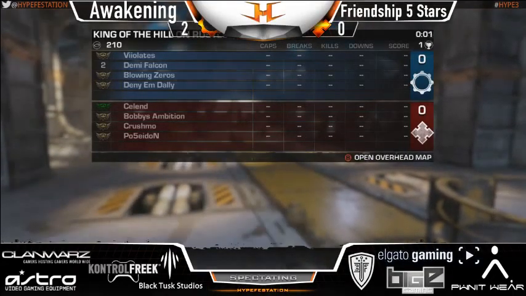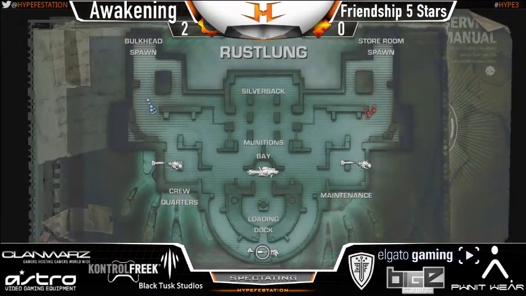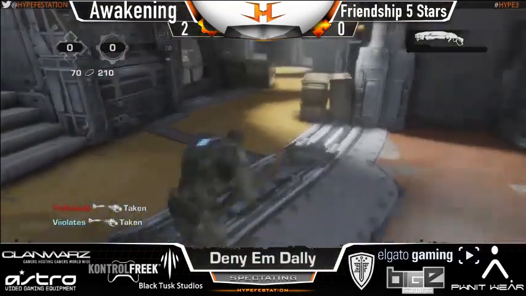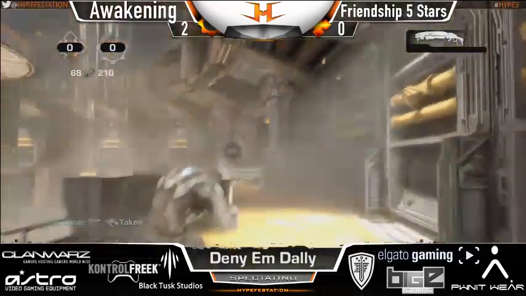And what I've been seeing is a new meta where the teams go extremely wide and start their fights up at Silverback, and then descend down to the loading dock onto the hill. But we're actually seeing both teams head towards the control room and go for this hill. So we're on Denayam Daly, who is...